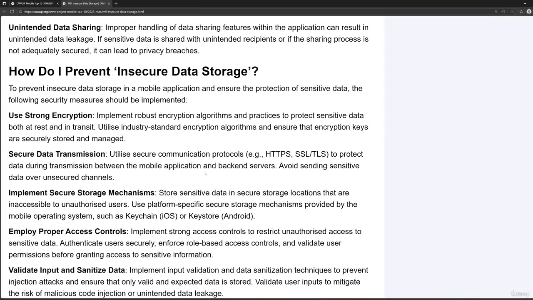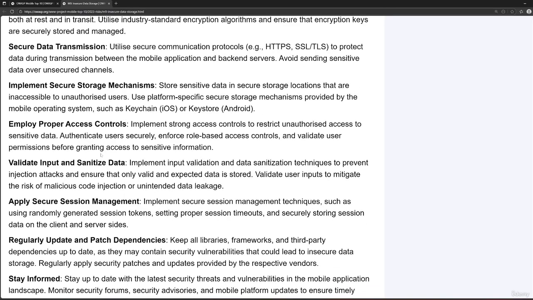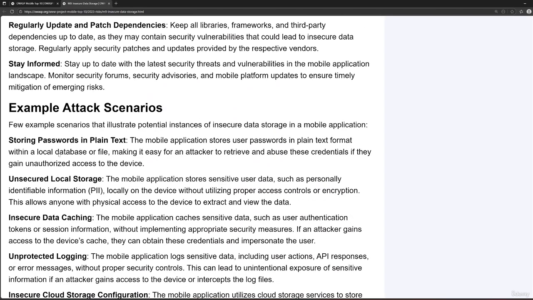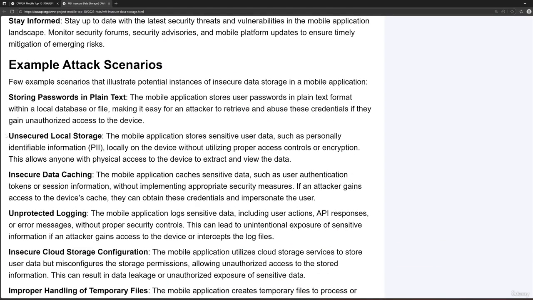So this is insecure data storage, and it is about the data storage mechanism. There are some secure storage mechanisms that the operating system offers you, like single sign-on mechanisms, and now they are also using biometric information, and these are good practices for an application to use. However, not all applications implement those mechanisms, which may cause some vulnerabilities. And the attack scenarios for this kind of vulnerability could be like